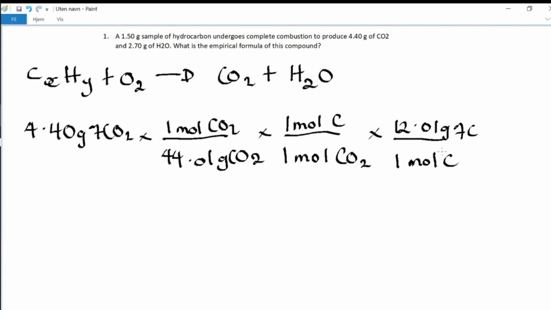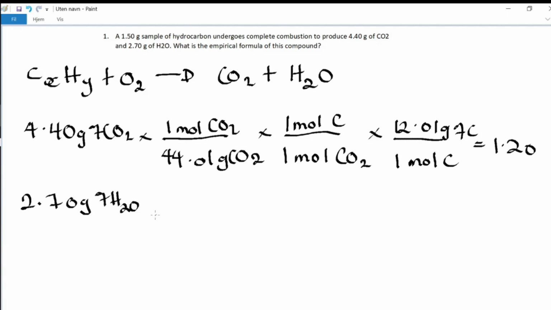4.40 times 12.01 divided by 44.01, and that gives us 1.20. So we have to separate hydrogen from water. We have 2.70 grams of water,